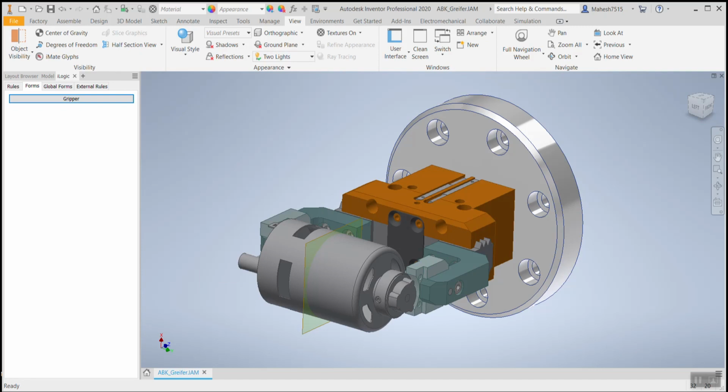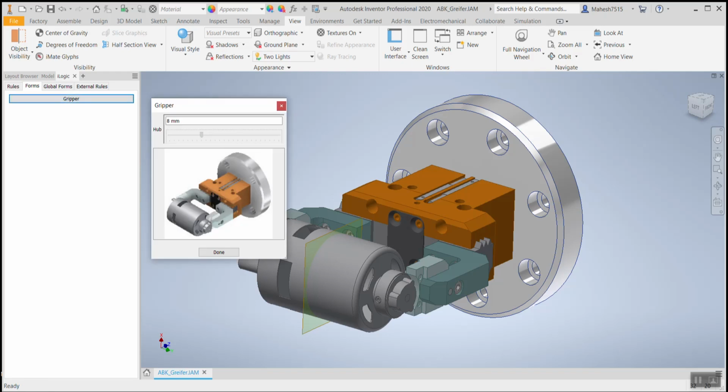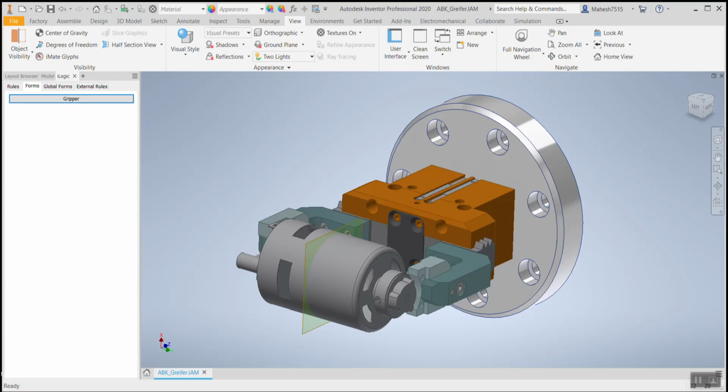Initially, we created some dimensions. We tried to control those dimensions using forms. And then we created if statements for part level. And for this assembly, we have created a form to control the constraints of the assembly. Once we go to the gripper form and move the slider, this will eventually drive a constraint, right? So we have finished till that in the part 1 session.